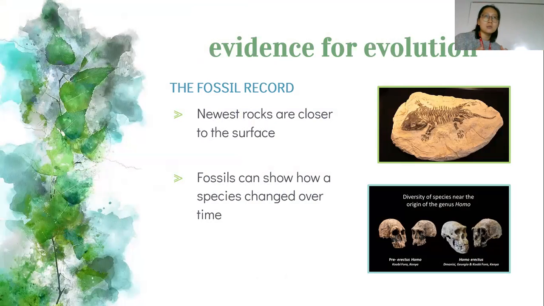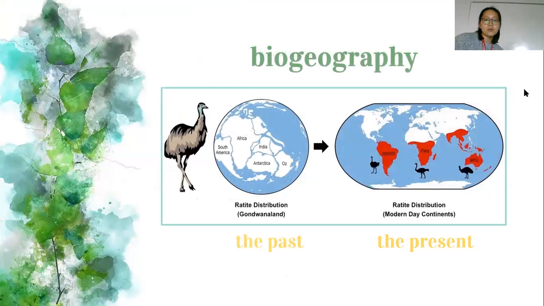And if you can find similar kinds of fossils that are preserved of similar organisms, you can see the little changes that are happening throughout the years as they are dying and being preserved. We can also talk about biogeography, which goes back to Pangea, where we had all of the continents clumped together before they all separated.